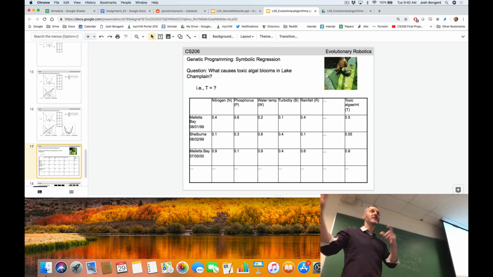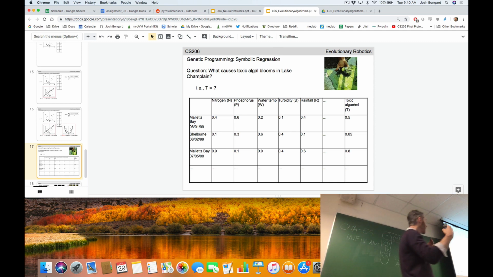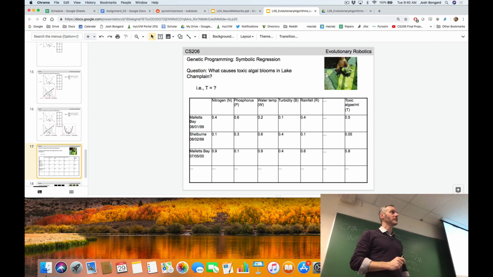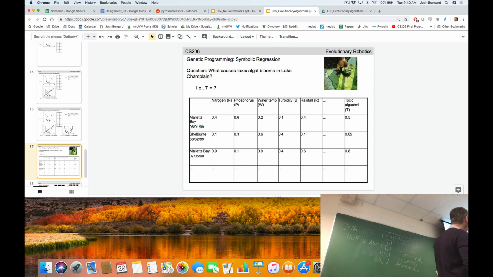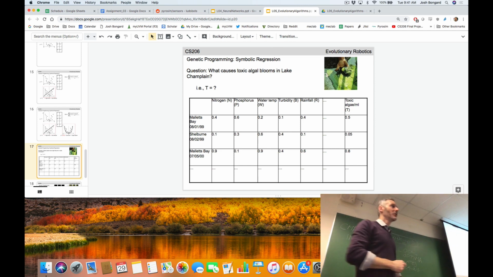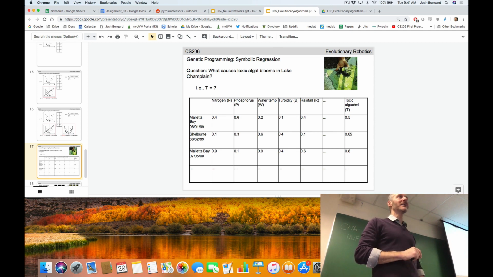There are certain places and times in which there was relatively large amounts of N and P in that particular bay during that month of the summer, and there was no bloom. So there is not a perfect relationship between N and P, and in this case, T, which is going to be our Y value, the thing we're trying to predict. We would like to predict, given what we're seeing in terms of nitrogen and phosphorus and the temperature of this part of the lake at this time, what is the likelihood that we'll see a bloom at this place maybe